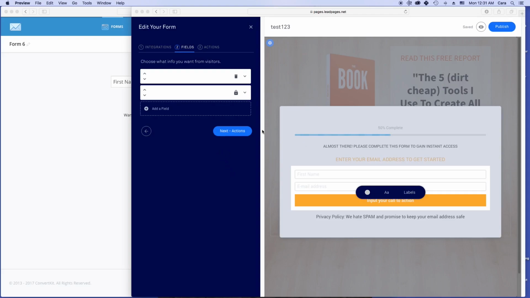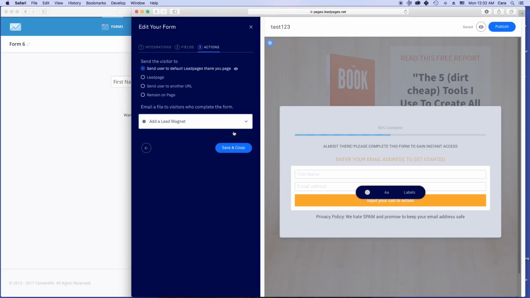Okay, so, continuing here, what do we need to do? There are two possibilities for delivering your PDF. You could actually have Leadpages do that for you, or you could have ConvertKit do it for you. For absolute simplicity's sake, we're going to have ConvertKit do that. And here, we're just going to leave this as send the user to default Leadpages thank you page. It's a little bit ugly,